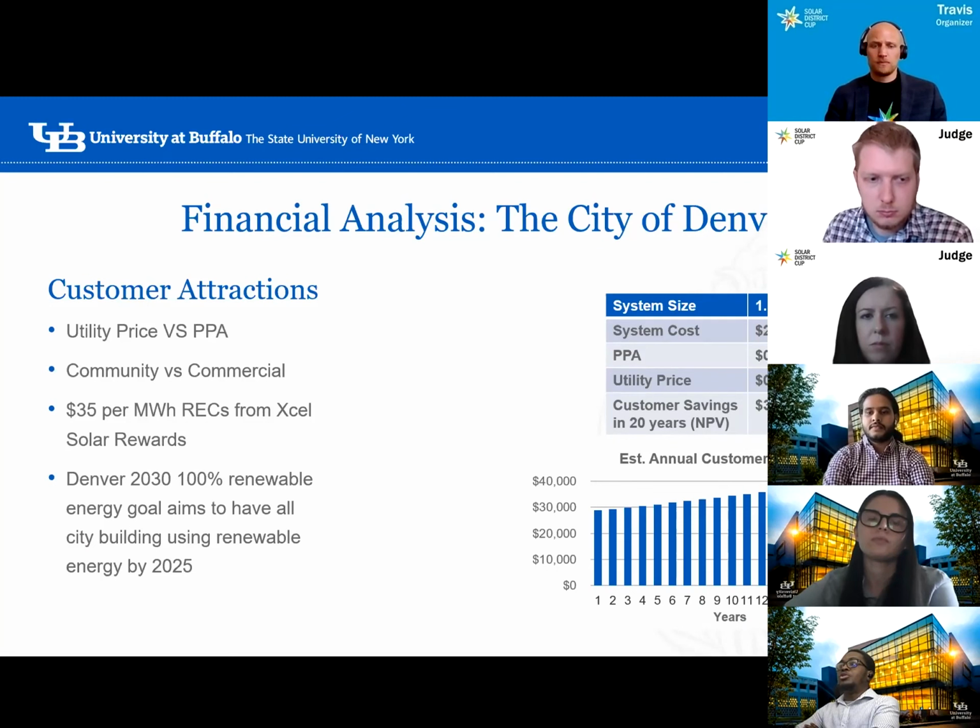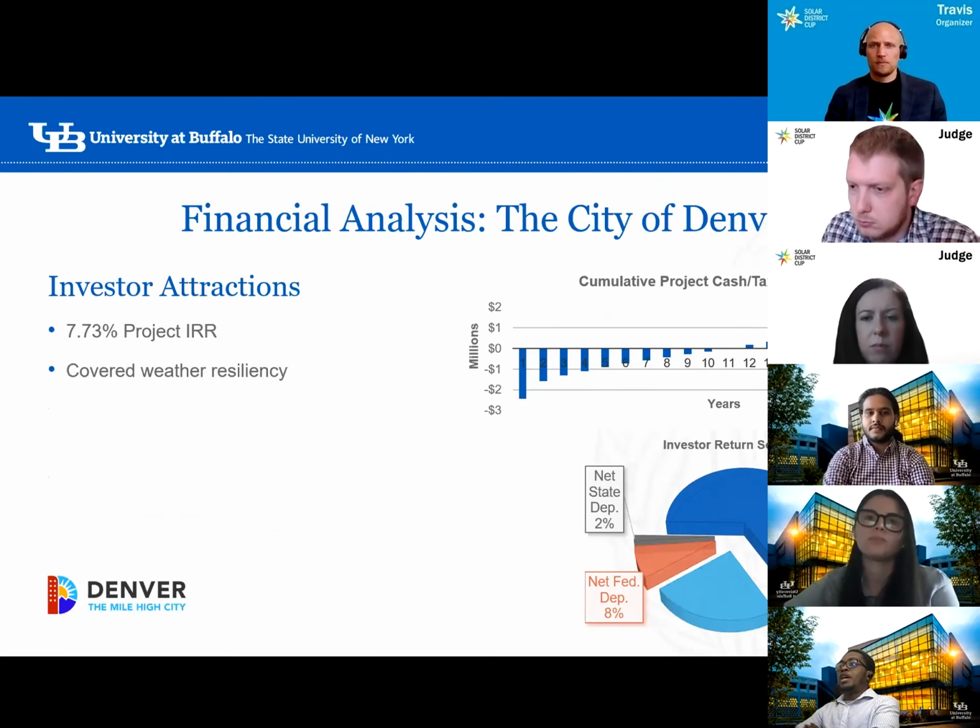We also decided to use REX here. From our cumulative cash flow, we get a payback period of around 11 years again, with an internal rate of return of 7.73%. We decided not to use community solar here because